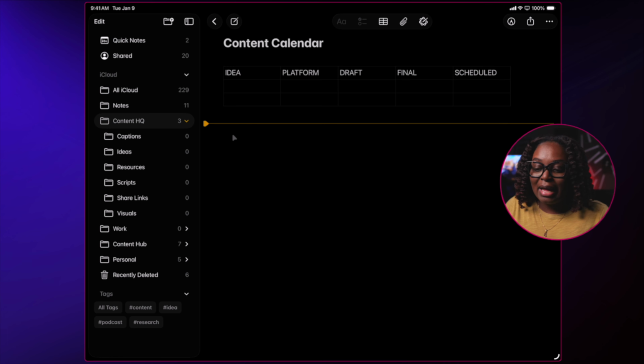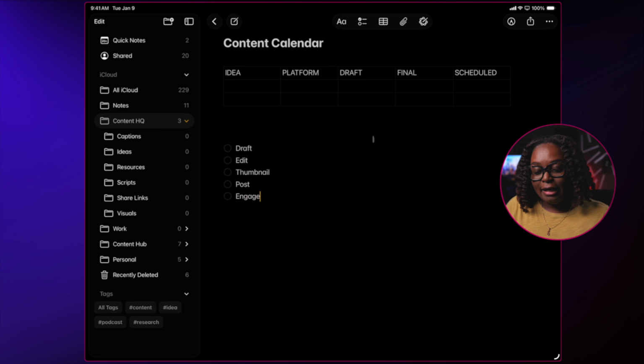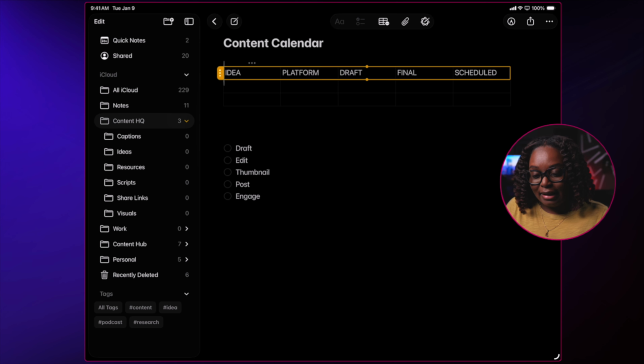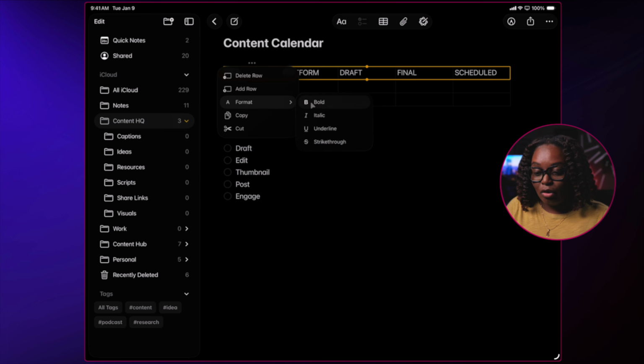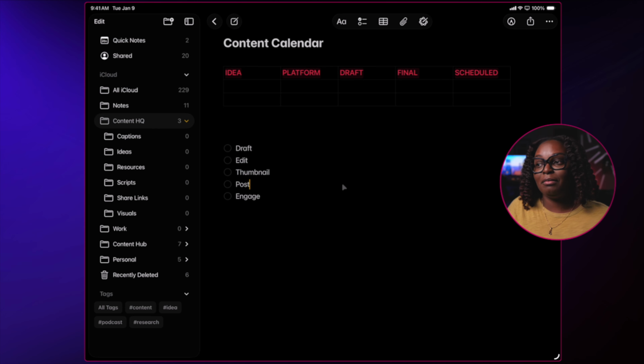The other thing is too, I can actually create a checklist. You can use tables or checklists as templates. So you can hit the checklist button to the top here, and you can have draft, edit, thumbnail, post, or engage. All right. So you can either use your tables or you can use checklists. All right. And this is a great feature to have. So I can hit the 3 dots to the left of my rows, and I can also format this. And if I want, I can go up to the top here and maybe add a color if I so desire, just to bring some amount of